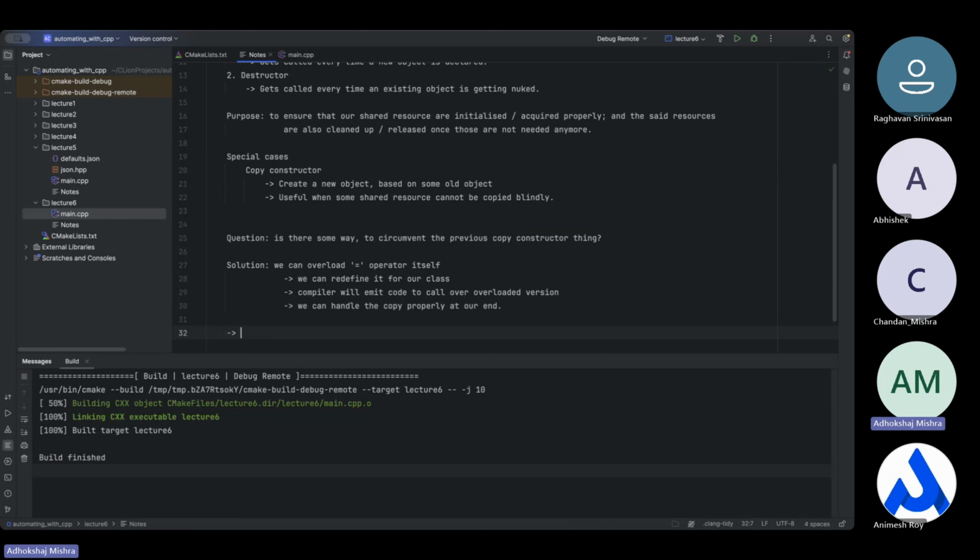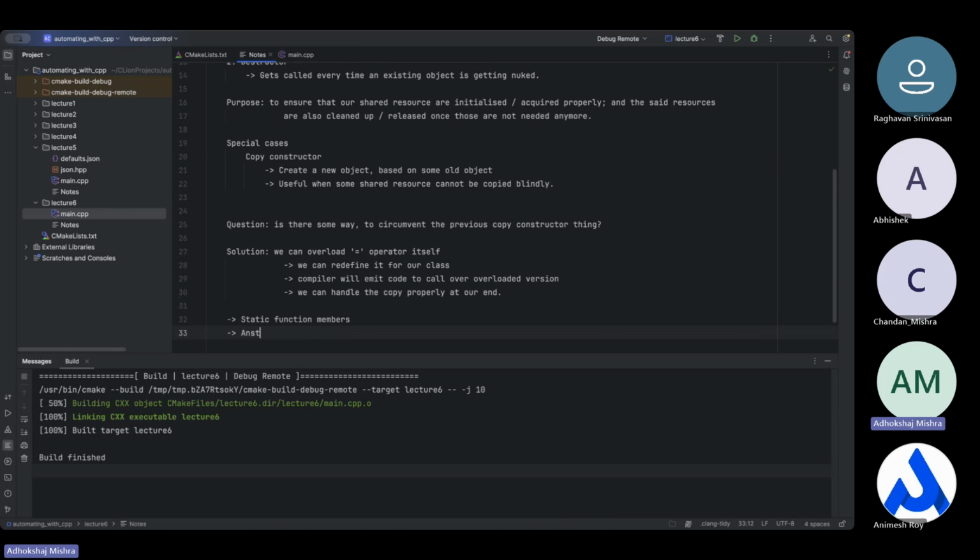One part is static member functions, and the second part is abstract classes. So, a static member function is,